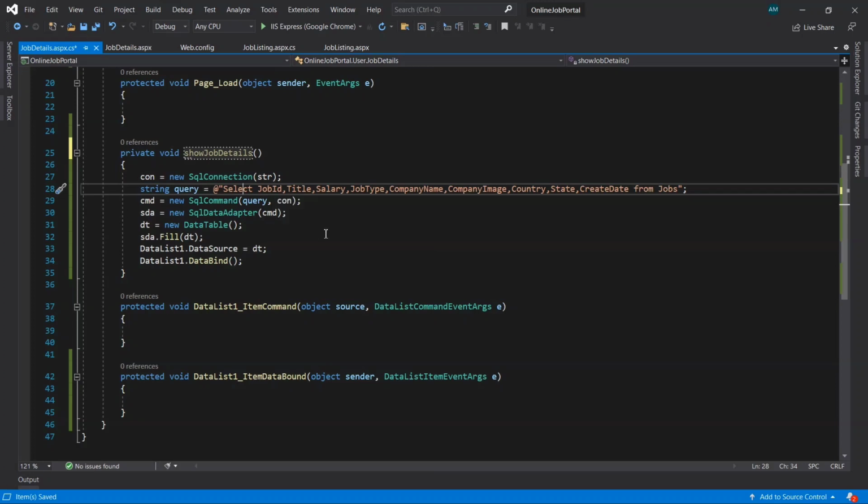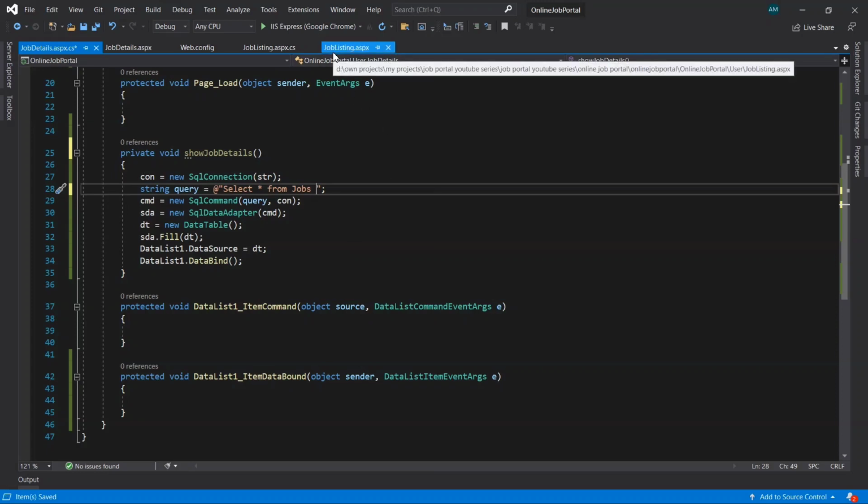We want all data to be displayed here, so we'll remove the column names and give an asterisk for all the columns. But we have to pass the id also, because we are getting the id from the previous page, the job listing page.